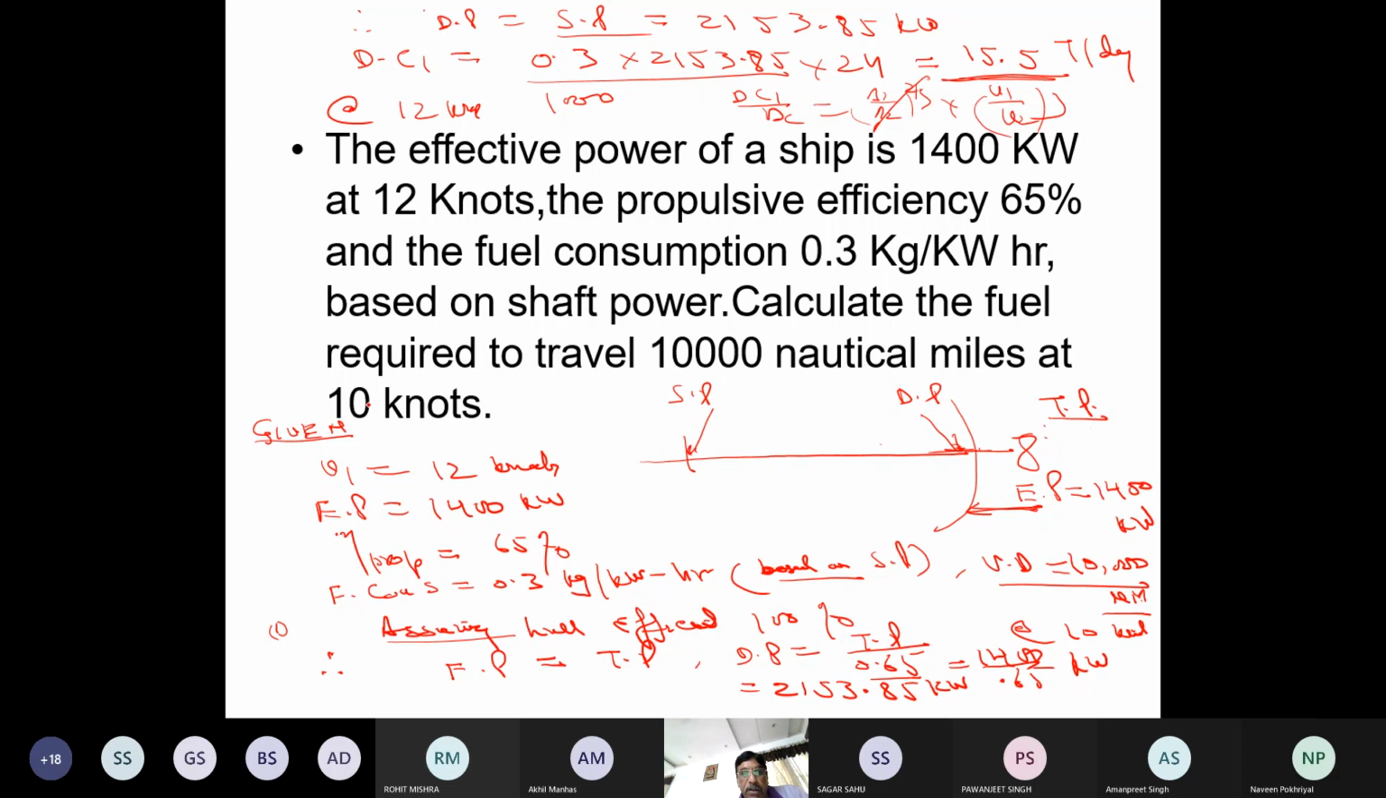हमने तो इसको बाद में 10 नॉट पे चलाना है ना। Calculate the fuel consumption required to travel 10,000 nautical miles at 10 knots. तो हमें 12 नॉट पे कंजम्पशन पता है, 10 नॉट पे इस वाले फार्मूले से निकाल लेंगे। और डिस्प्लेसमेंट तो चेंज हुआ नहीं, हमने बीच में जहाज में कोई कार्गो लोड नहीं किया। सो DC1 by DC2 is equal to V1 by V2 cube. DC1 पता है, V1 पता है, V2 पता है, DC2 नहीं पता है, तो हम DC2 निकाल लेंगे। DC2 पता चल गया, तो 10,000 माइल divided by 10 divided by 24 is the voyage days